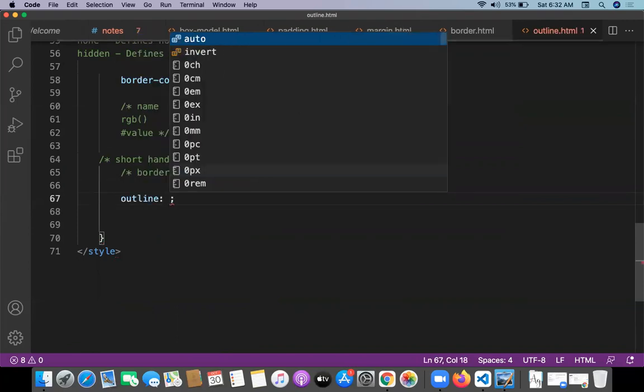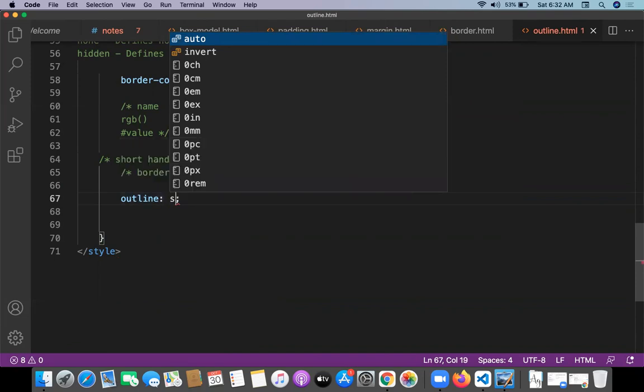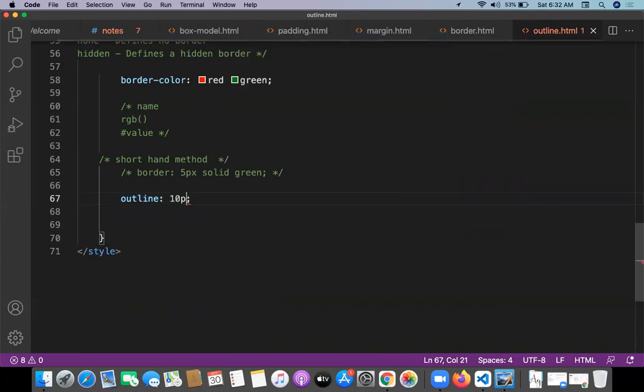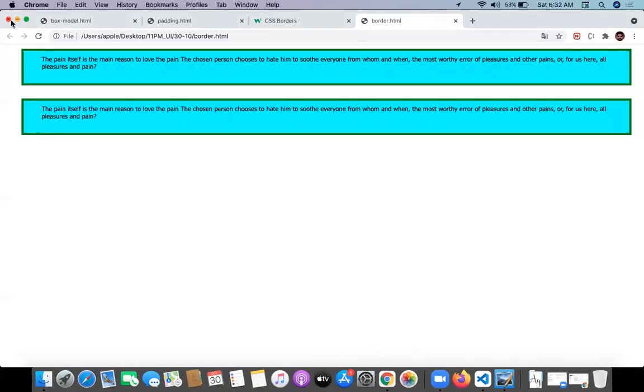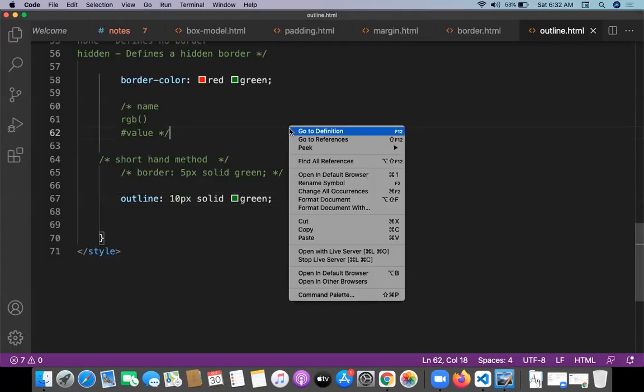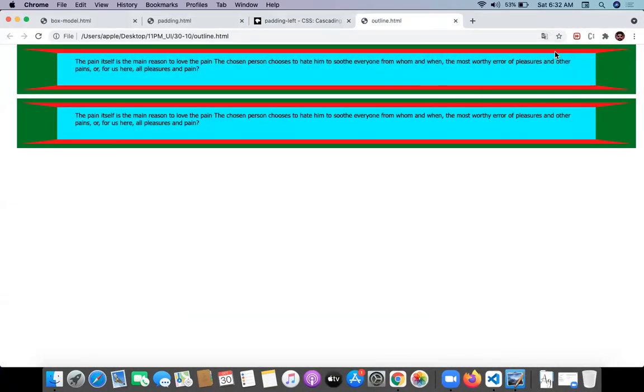For the outline, I just want to give 5 or 10 pixel solid green. I'm giving outline on all sides. So how is the outline going to be applicable? Let me try to execute this. So we got outline on all sides.